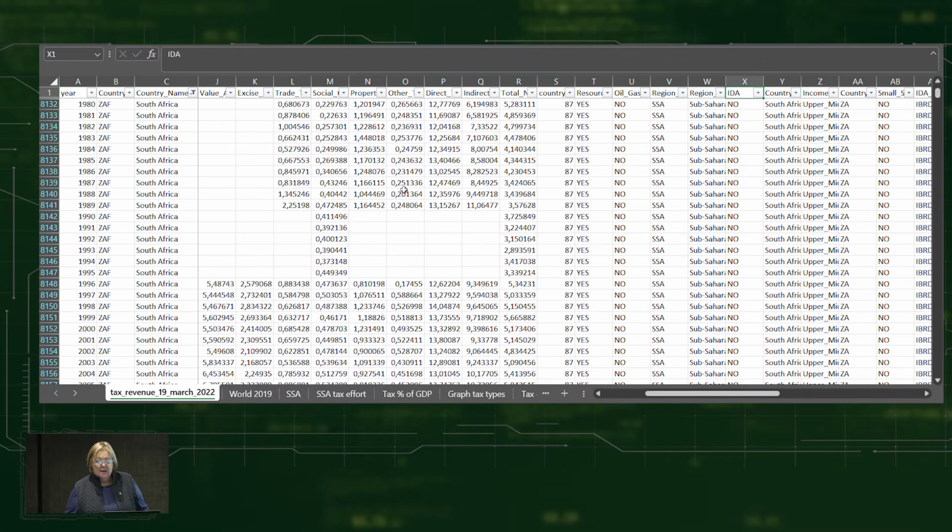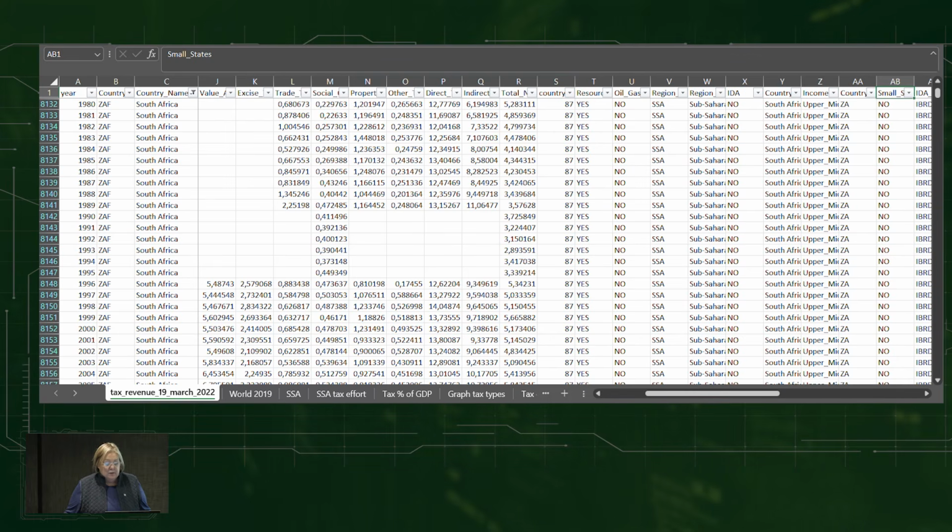Is it development aid? International development aid, thank you. Yes, I agree with you. And you'll see, you can tell me if you've got development agency, international donor money, and then country name, and income group. So whether you're part of the upper income group, middle income group, low income group, they also classify it according to that, because these are all the factors that have an impact on your ability to collect tax revenue and have a certain tax to GDP ratio.